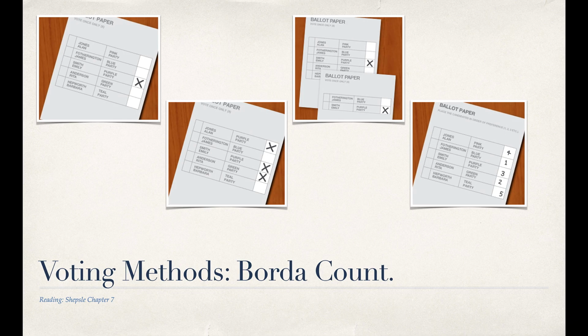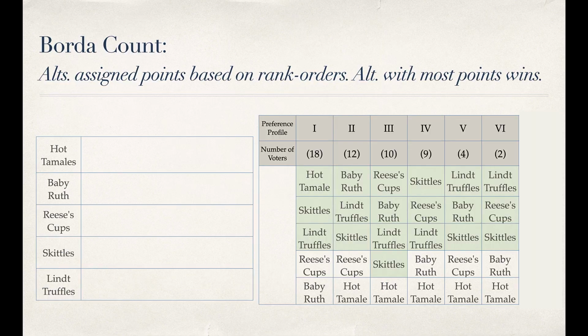So up to this point, we've looked at some plurality family of voting rules. In this one, we're going to look at one of the first points-based scoring rules, as they're called in the literature, where each alternative is going to be given a score by a voter, and then we're going to aggregate those points up. And Borda Count is one of the simplest versions of that. So here is everybody's